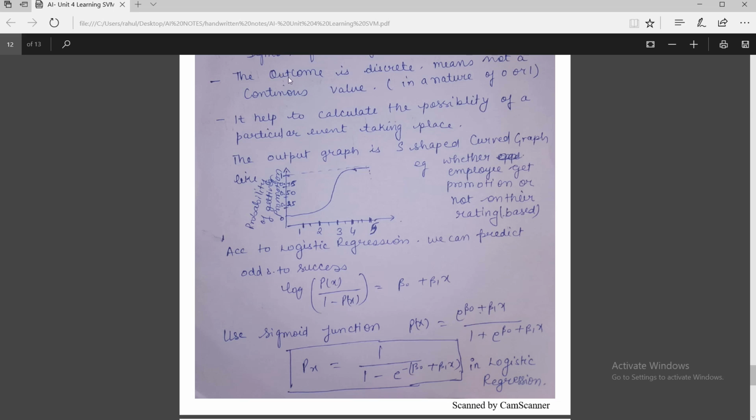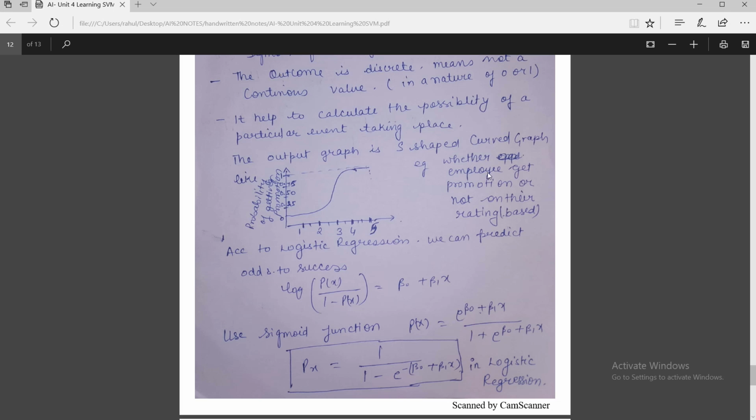The outcome is discrete, meaning there is no continuous value. It means the nature of the outcome will be 0 or 1, or yes or no. It helps us to calculate the possibility for a particular event to take place. The outcome graph should be in the form of an S formation, or you can say an S-shaped curved graph,